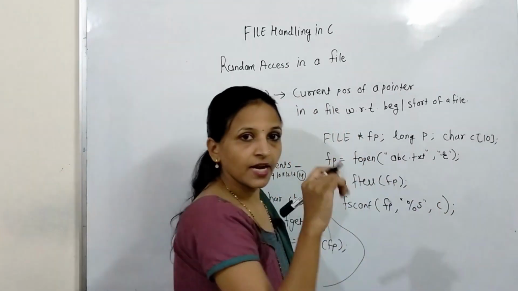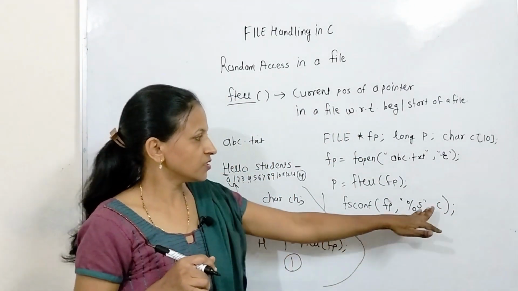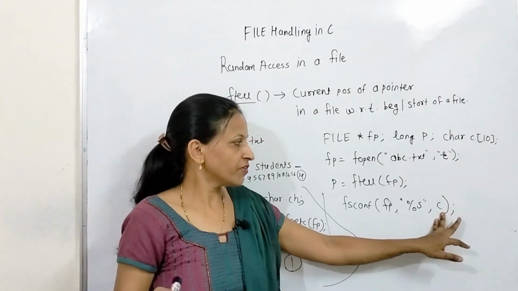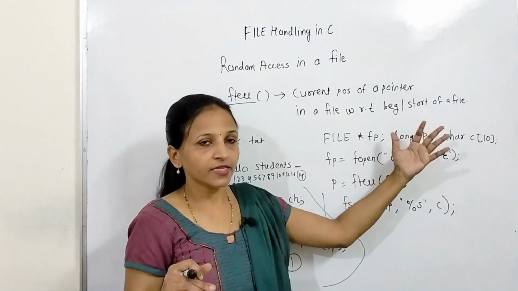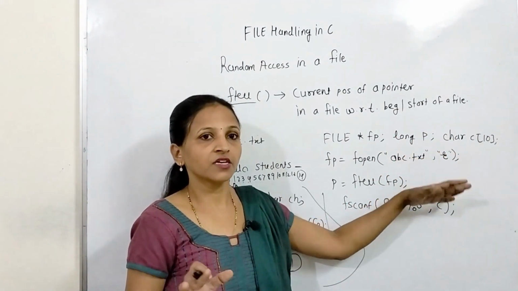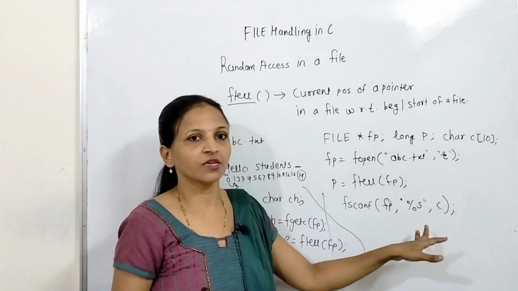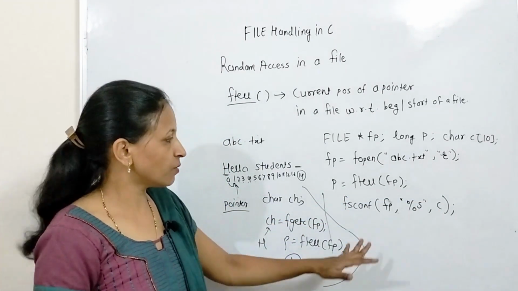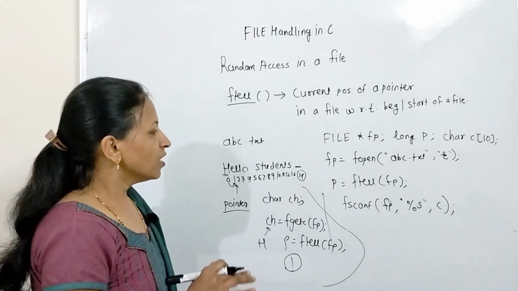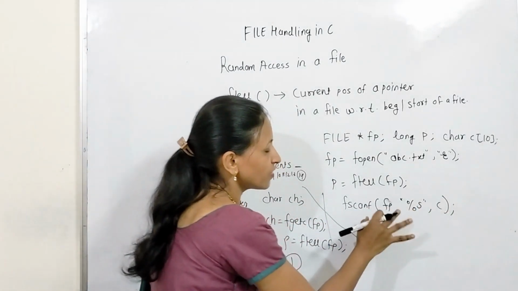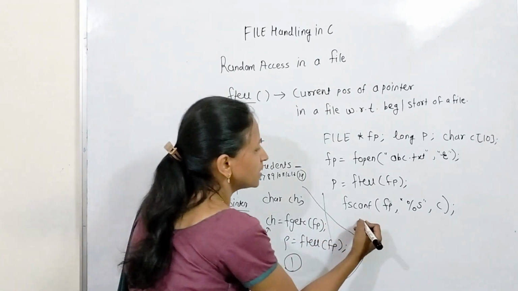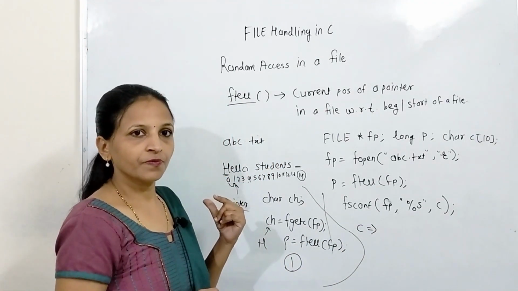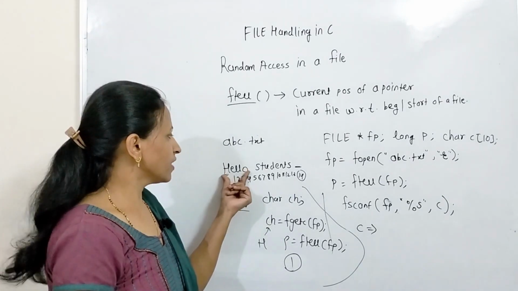Here I am not writing that address. Why? Because this is a string, not any other type of variable. If there is an integer or any other single character, then we have to put an ampersand before that variable name. But here we are reading a string. We have already seen the whole part about this fscanf function. Now see, whenever we call this function, inside c, if we display the contents of c, then we will get hello. We will get hello displayed.